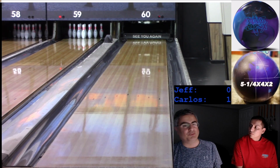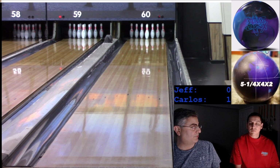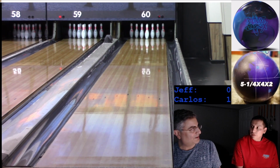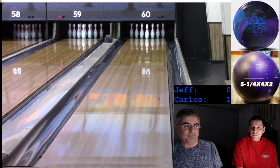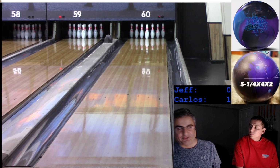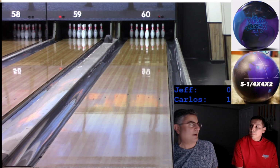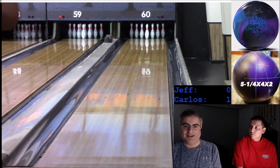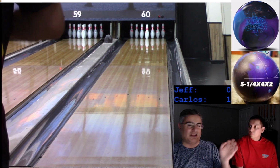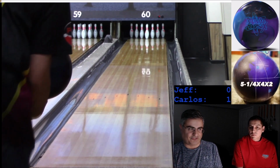A lot of times you watch reviews on YouTube and you see 2 different people or 3 different people throwing the ball, but they're 3 different balls, right? Because each one is drilled for their own personal ball. Correct. So you can see what the high rev player is doing, what the low rev player is doing, or what the fast player is doing, but the balls are laid out for them. One of them might be using a ball with a pin up, one might be using a ball with a pin down, one the pin might be 2 inches, one might be 5 inches. Correct. But for us, we're using the same exact ball, so you can see what the same layout does for